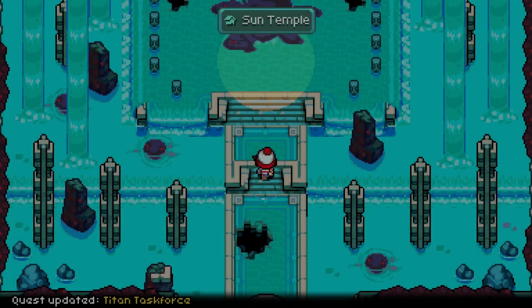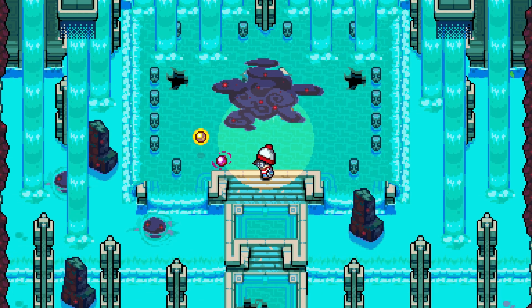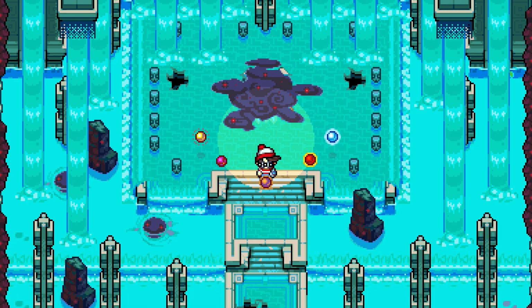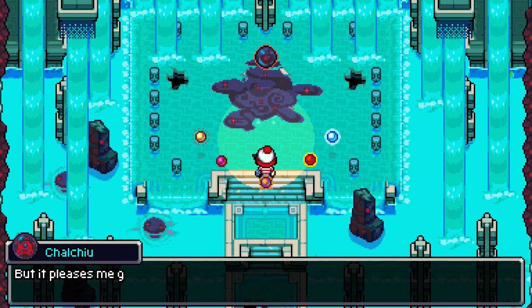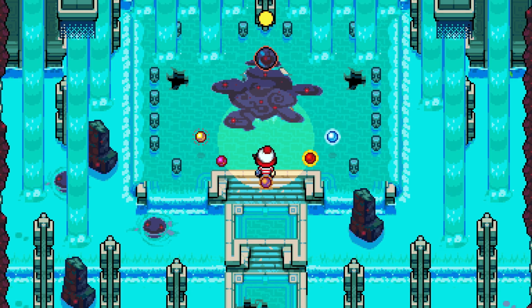So I get to the final Titan, and it looks like they have already gotten to the center of the planet. So all of the Titans that we've beaten so far, they decide to surround me. And we can see that the final Titan, Chalchiyu, has been infected with the dark element that is invading the